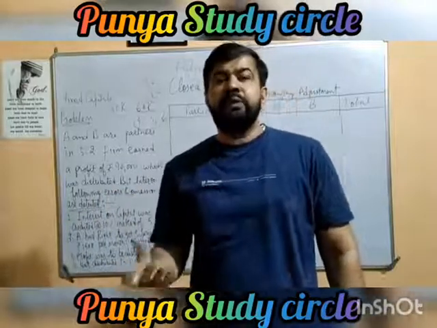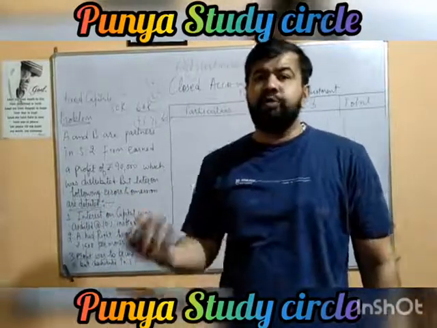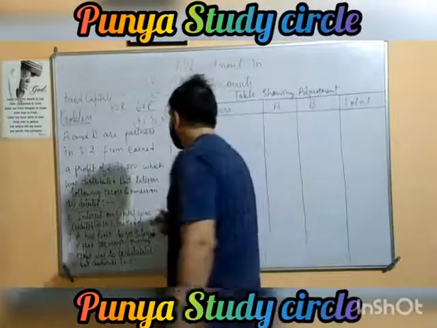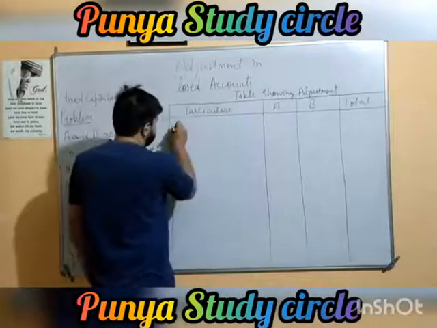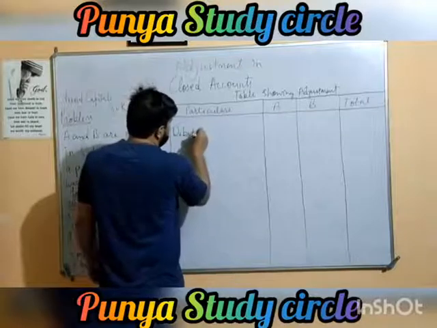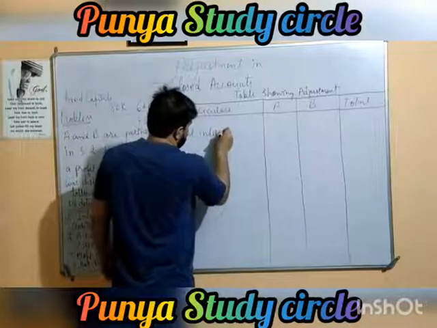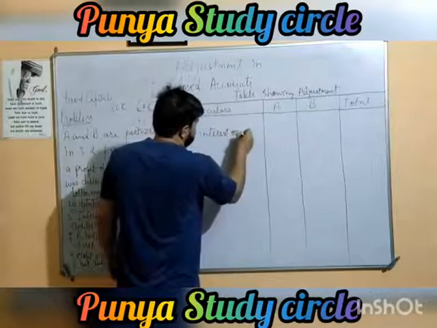Now the excess amount that we have provided as interest on capital would be called back, or we will believe as if it is called back. You will write here debit interest on capital.